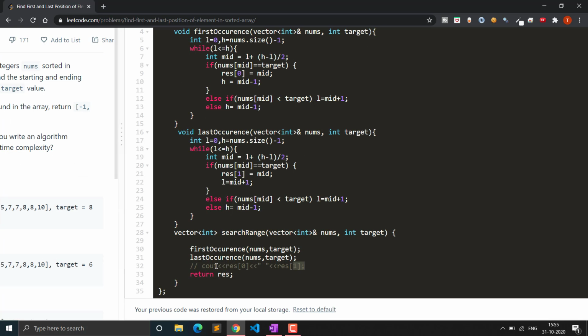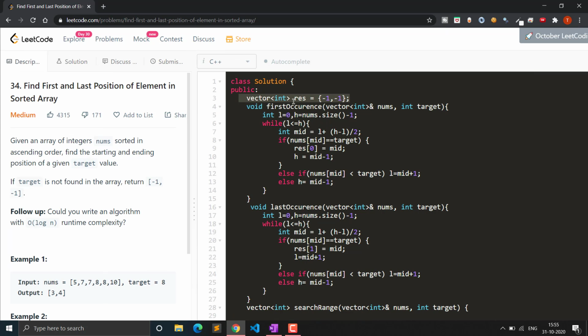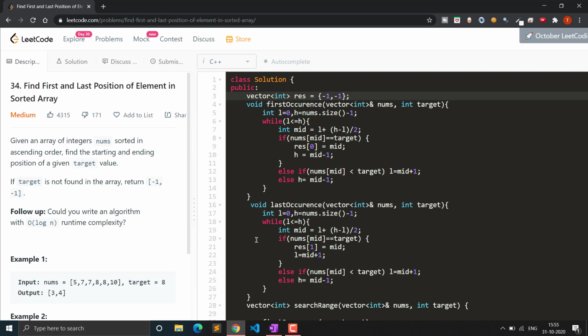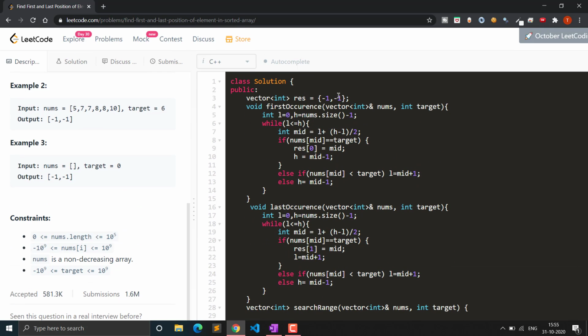So this is the main function that we are given. Let me erase this. So you can see we are given a vector of integers, a sorted vector array, and then we are given the target value for which we are searching the starting and the ending index. To search that, I have created 2 functions. First will be the first occurrence, and the second will be the last occurrence. And I have created a vector of int result. You can see we have to return this result, and I have created it as a global because I will have to access it in both functions and update it. And at last you can see I am returning it also, return result. So I have initialized it to -1 in this function.